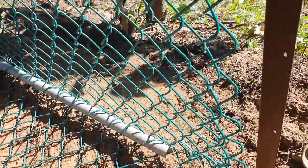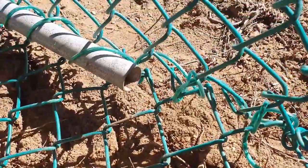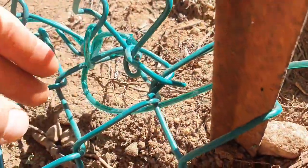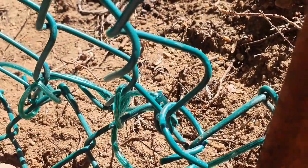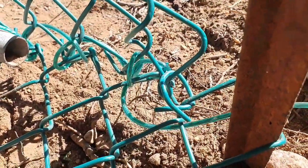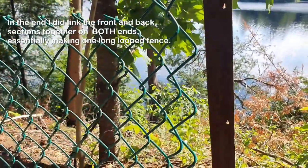The next problem to deal with is linking two sections of chain link fence together. That was probably the biggest pain in the ass, especially because there was a lot of mosquitoes out here that day. I tried using rings like this, made out of sections of chain link fence, all the way along. That was going to take way too much time. I tried using longer sections like this piece here, which essentially, if you know anything about chain link fence, you can link two pieces of chain link fence together